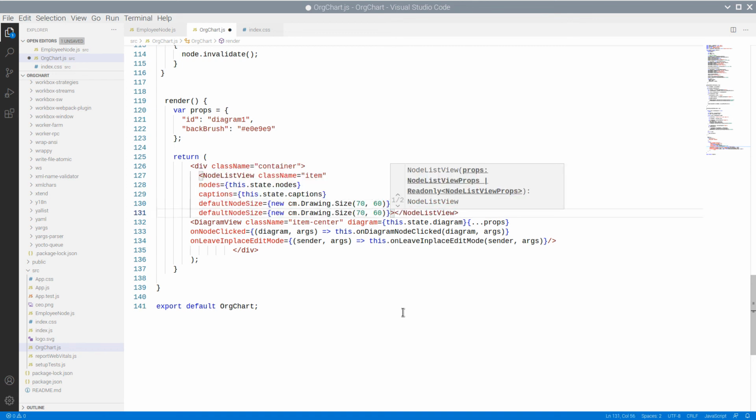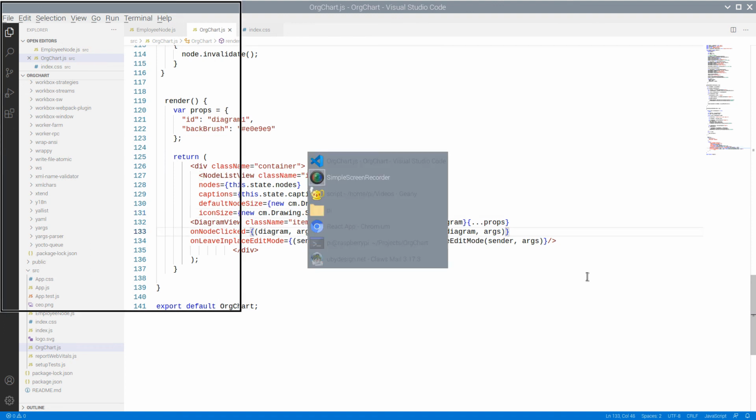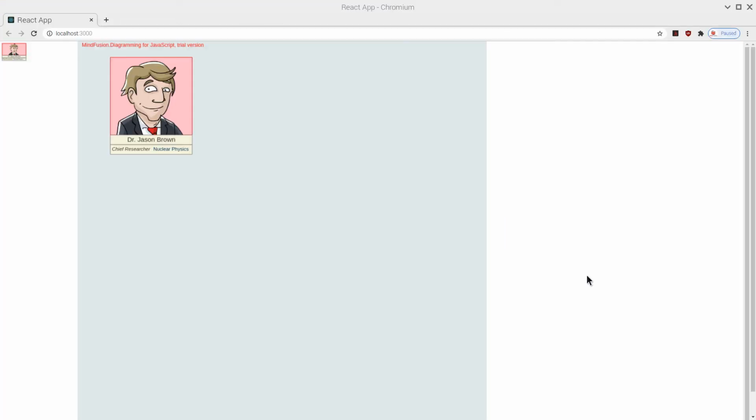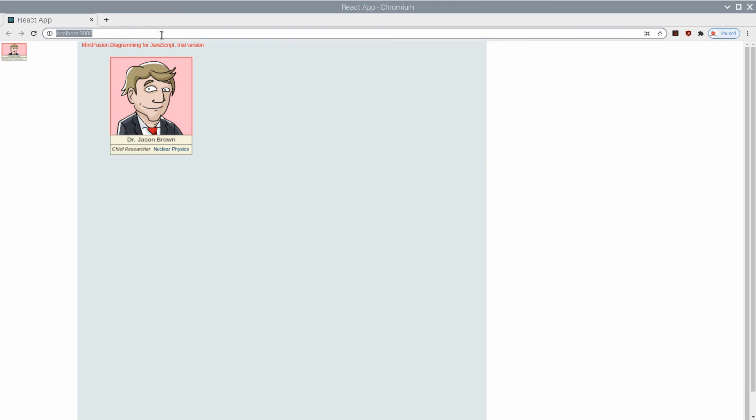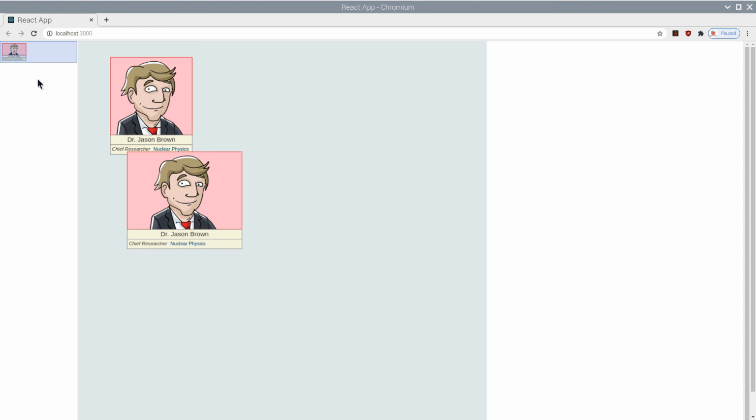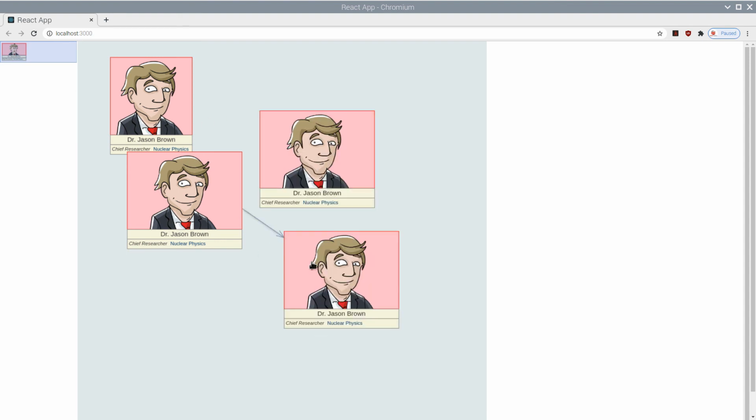We also set size for the icons in the node list view. And now when we drop new nodes, they are bigger and look better.